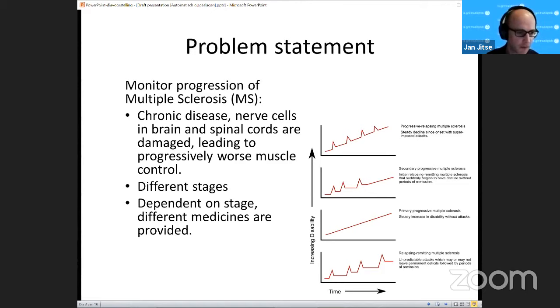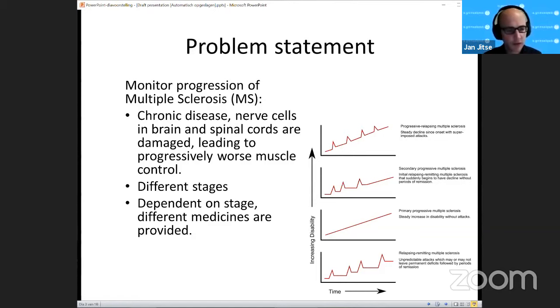Now, depending on the stage, different medicines, different mitigations are provided. So maybe you get a walker during a certain stage. Maybe you get a different type of medicine, which actually is quite effective at suppressing the symptoms. But it depends on which stage you're in what medicines you can get.